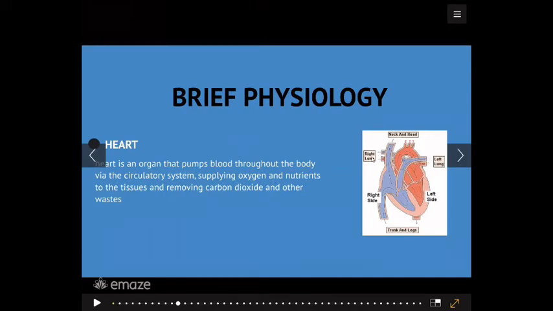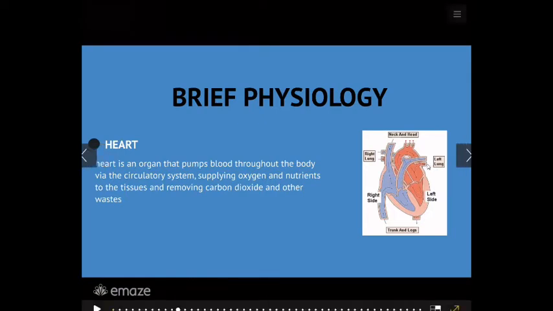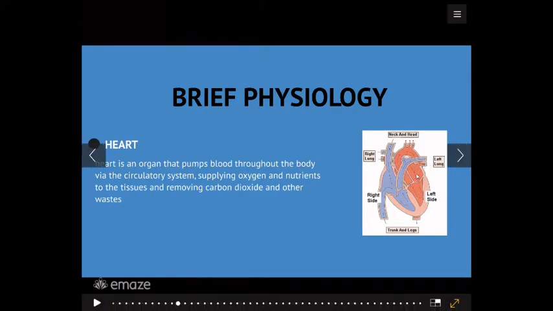After the exchange happens, they come back through the pulmonary veins, going to the left atrium, then to the left ventricle, then they go through the aorta,